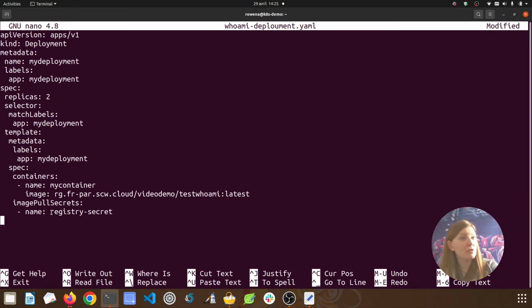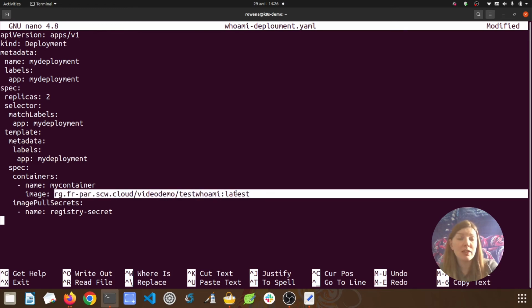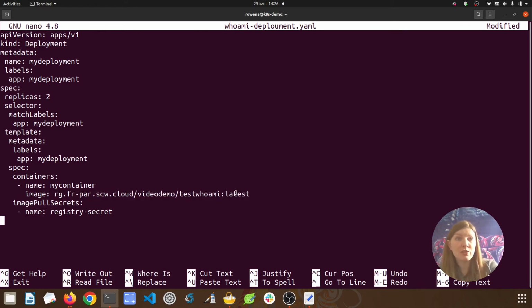So it's the registry-secret pull secret that we just created. This is a very basic deployment YAML without much customization, and you could probably just take this same file and replace the image value, so the path to the container registry, for your desired image, and for simple deployments that should work.